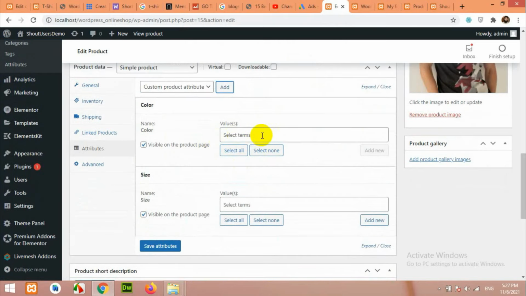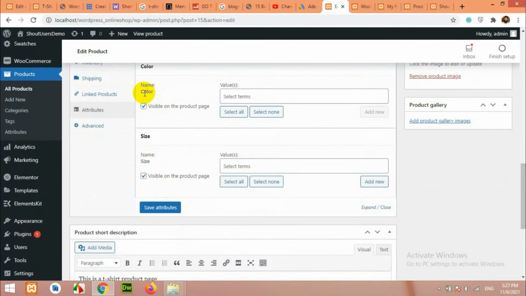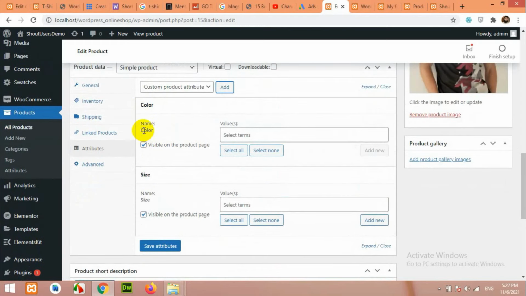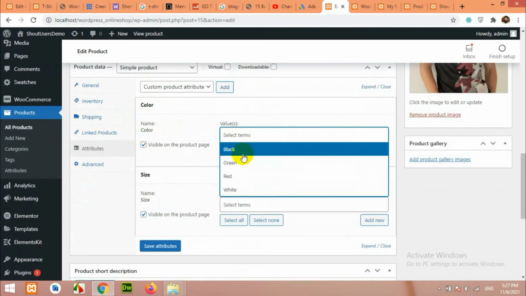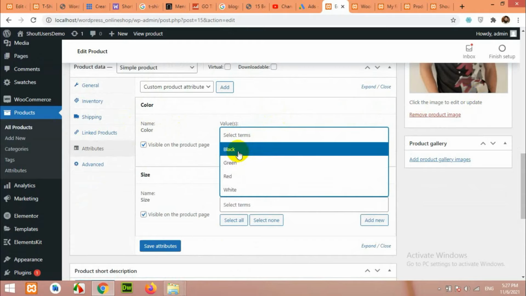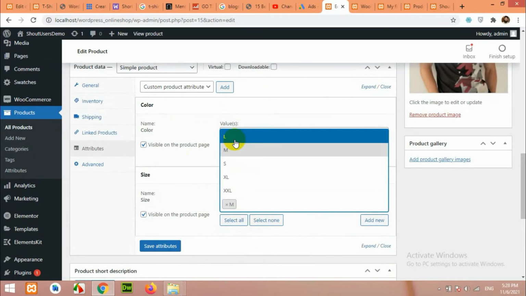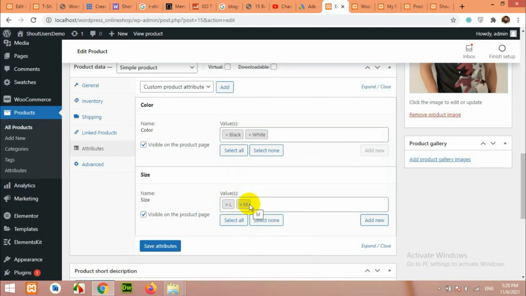Now you cannot type anything here, or you cannot change the name, because these are the global attributes from this section. So it automatically grabbed the name from that attribute. Click on this, and for this particular product, which colors do you have on your site? For example, I have black and white, and I have only medium and large size. So these two sizes are available. Click on save attributes